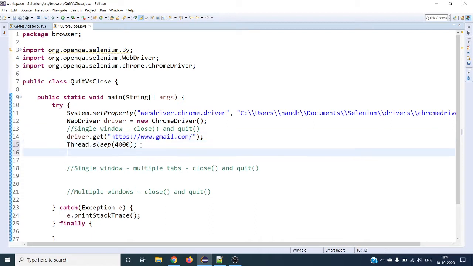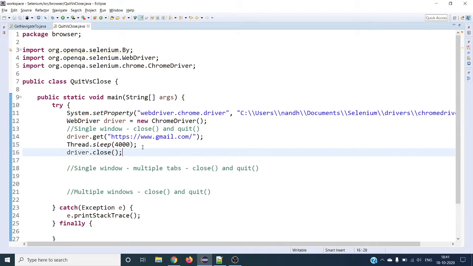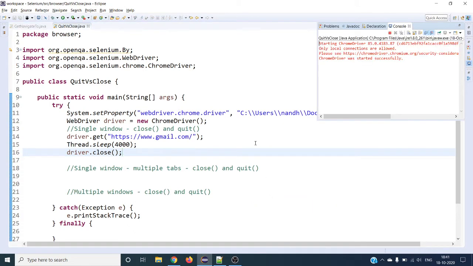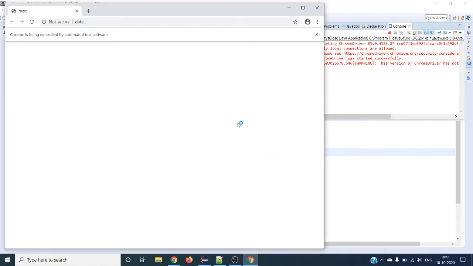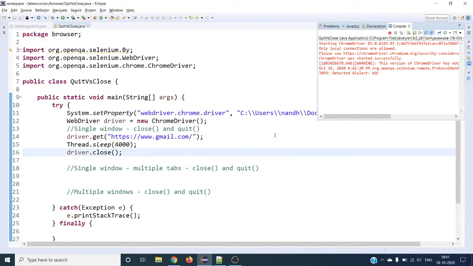Let us use the close method first, to see how it closes the browser. Let's run and see. It opens the browser, opens gmail.com, waits for 4 seconds, and it closes the browser.